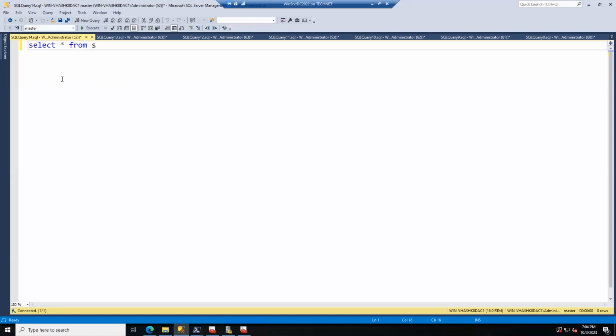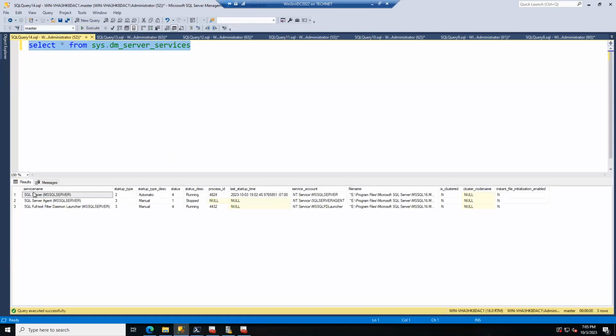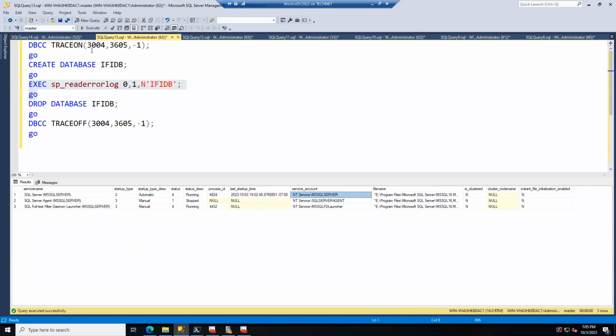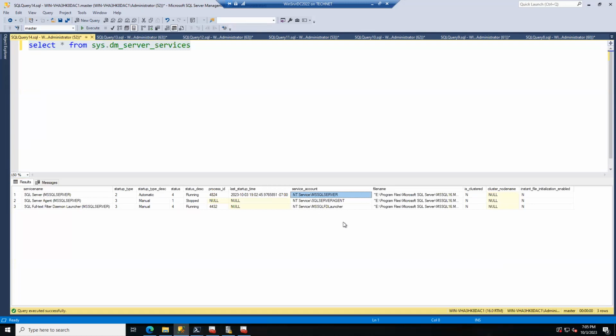Select star from sys.dm_server_services. It gives the services which are running for this particular instance, and the service account each is running under. So here, SQL 2022 is running under this service account,